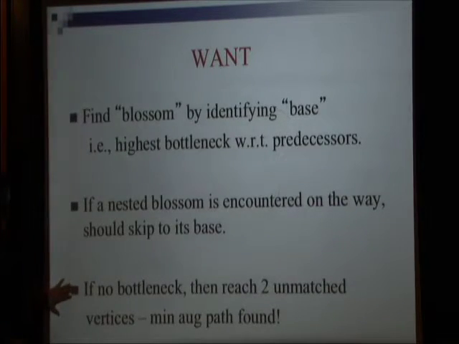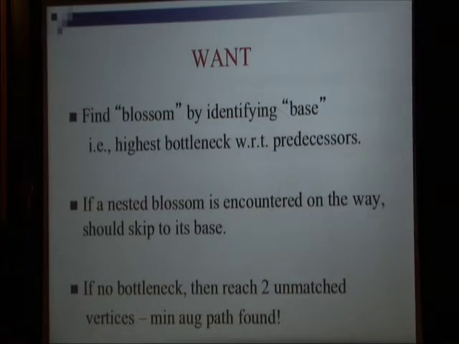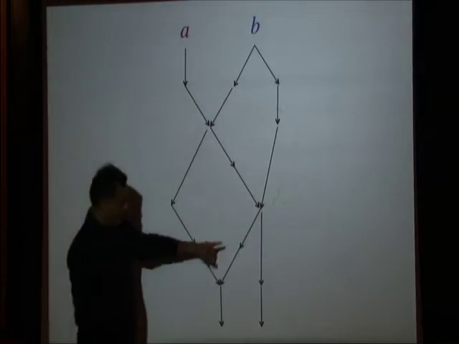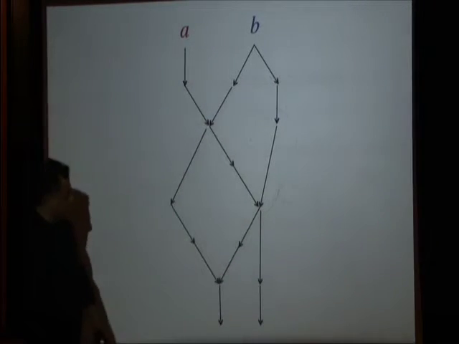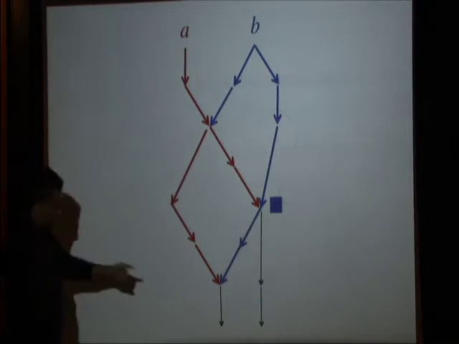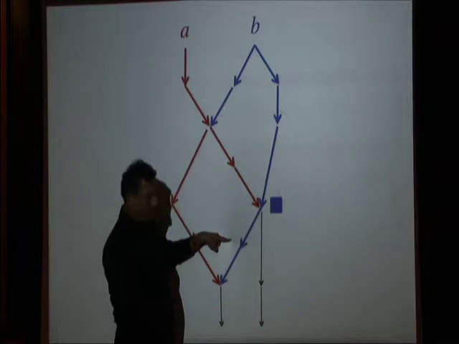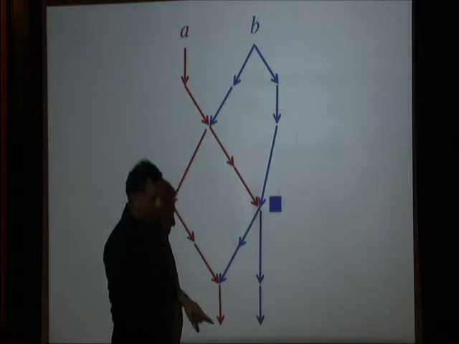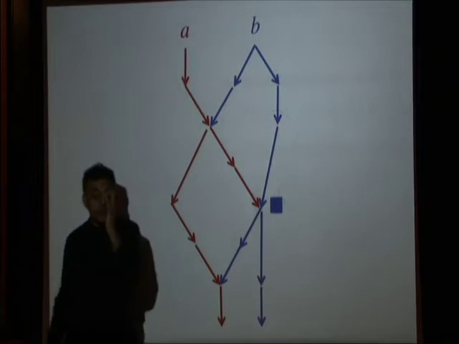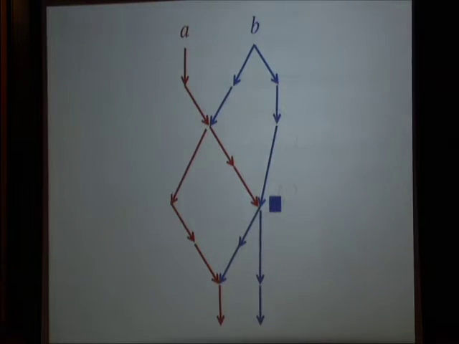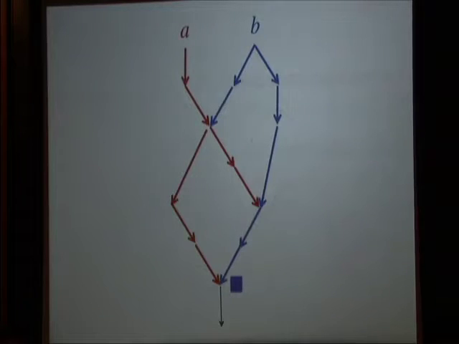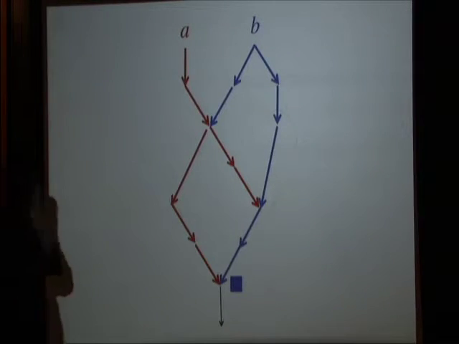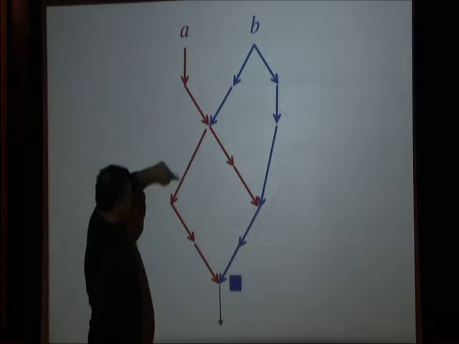So if no bottleneck, then reach two unmatched vertices with disjoint paths. Okay? So I changed the graph a bit by adding these two extra edges. And at this point, backtrack, nothing out, backtrack, something out, continue, you're done. Okay? So look, we got much more than what we asked for, because we managed to label every vertex either red or